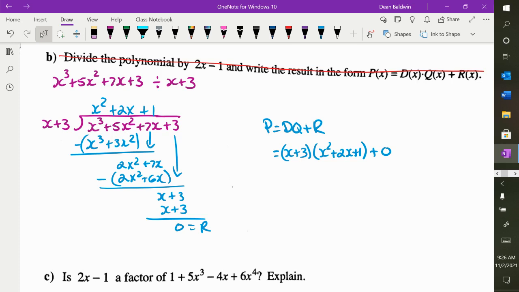what can I do to this? What is this? Just this bracket right here. It's quadratic, right? Can we factor quadratics? Do we know how to factor quadratics? Yeah. So what multiplies to 1 and adds to 2? 1 and 1. So this becomes